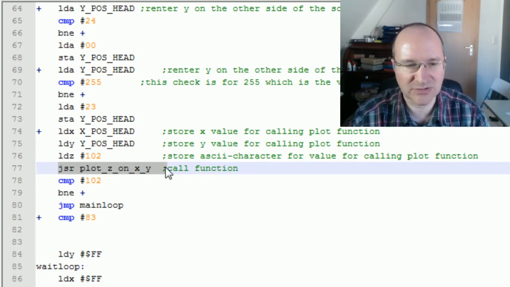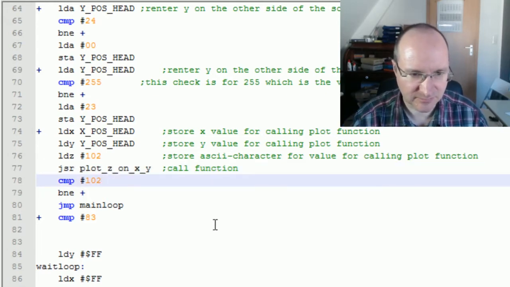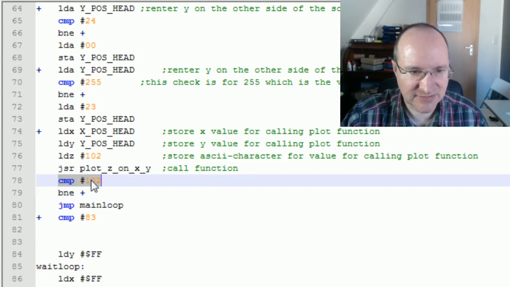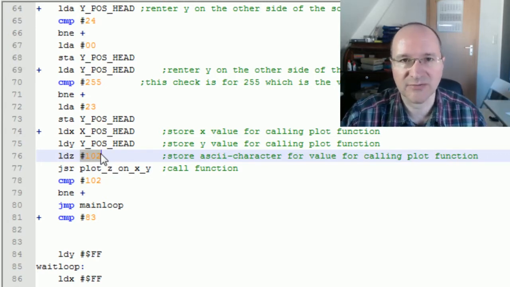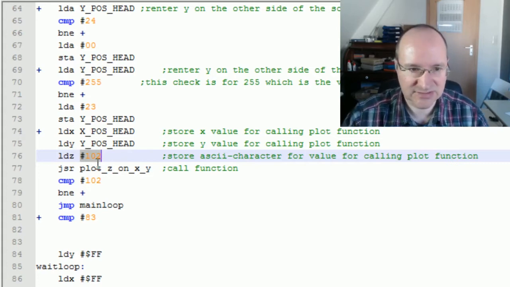The proper way would be to have also a peek or a scan function, scan on x and y, and call this before, but this just lets us reuse most of the plot function. So we are just checking the accumulator if it holds this value. What does it mean if it holds this value? You see, we are also drawing the snake with that value. So this means if we have written the head on a field holding that value, we were driving in our own body. So this is then